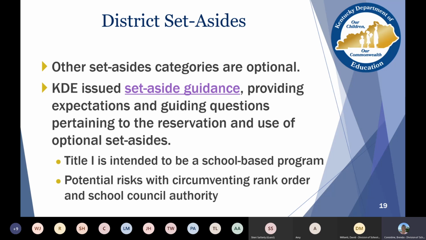If we're seeing a large amount funded in district set-aside, sometimes we question, did you have some school council approval of that? We don't want you to circumvent that rank order that you have to complete in GMAP.